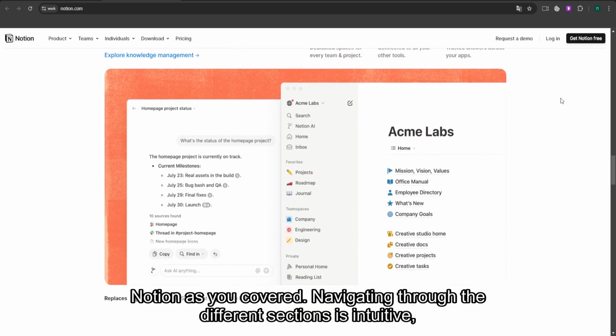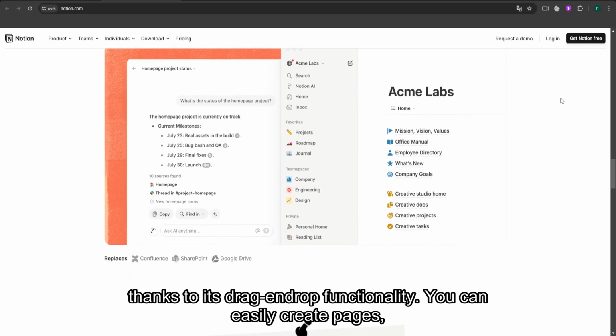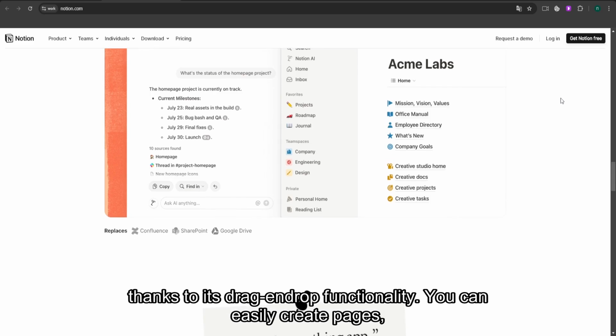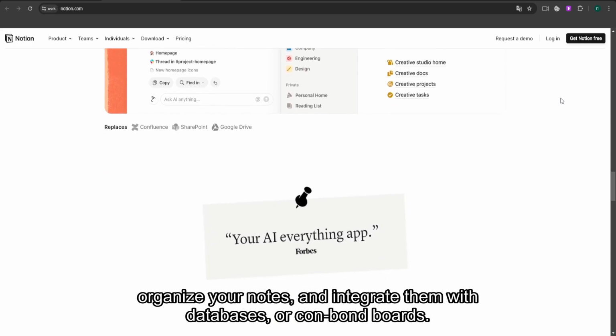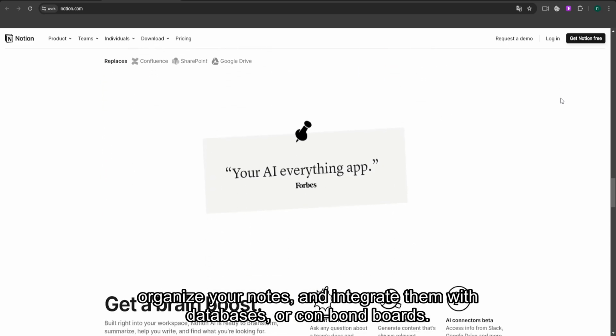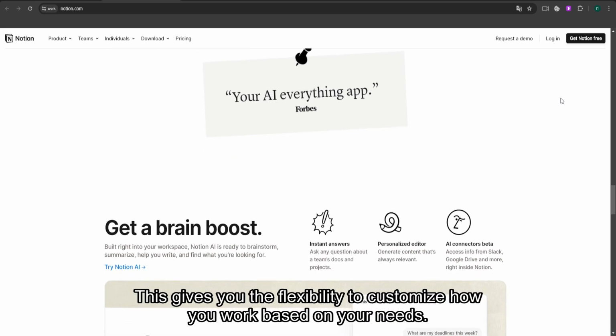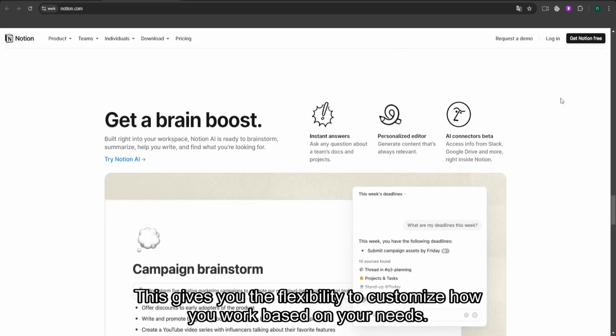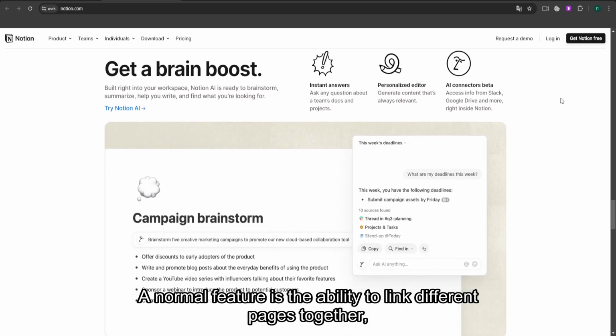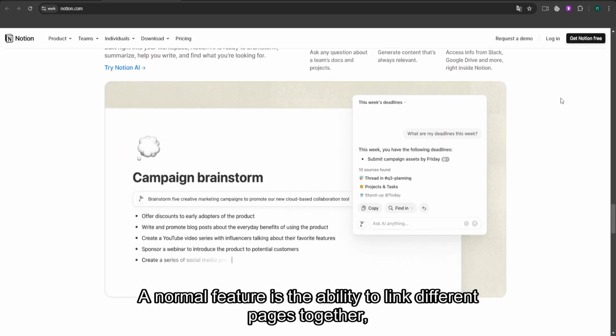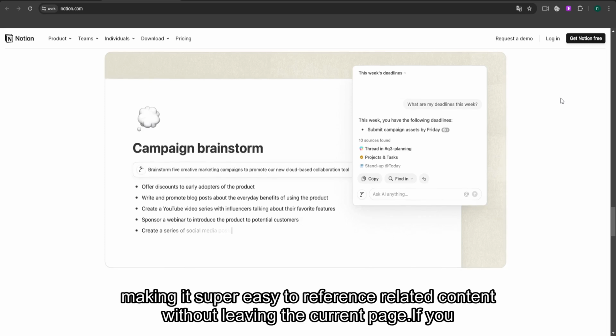Navigating through the different sections is intuitive, thanks to its drag-and-drop functionality. You can easily create pages, organize your notes, and integrate them with databases or Kanban boards. This gives you the flexibility to customize how you work based on your needs. A notable feature is the ability to link different pages together, making it super easy to reference related content without